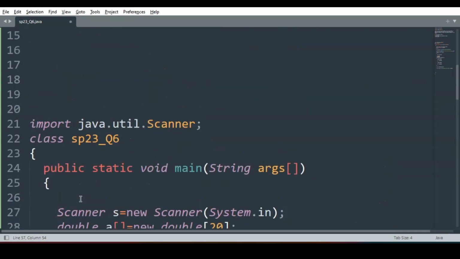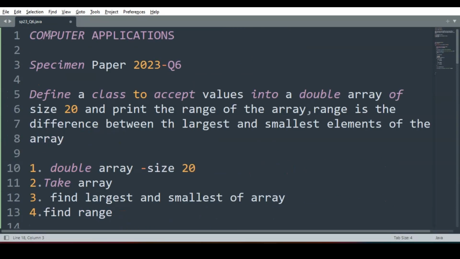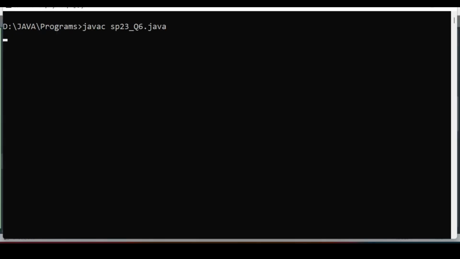Okay, let us run this code. Before that, let us comment the question. Now I will run. The program is compiled successfully. Now we will run it. Enter the array elements. How many elements am I supposed to enter? Enter 20 elements. Okay, so 2.1, 1.3, 4.3,